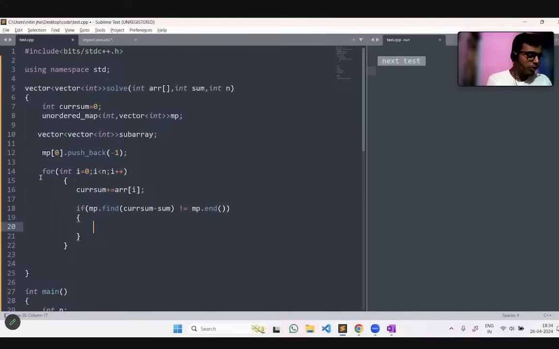And then, okay, any chats coming up? Okay, I think. Okay, now you can see it here. What I am telling you. Okay, this will be fine. Okay, now you can see mp dot find, mp dot, this will be fine.